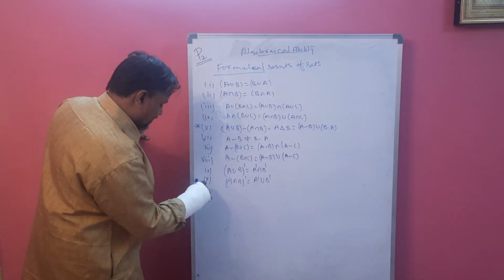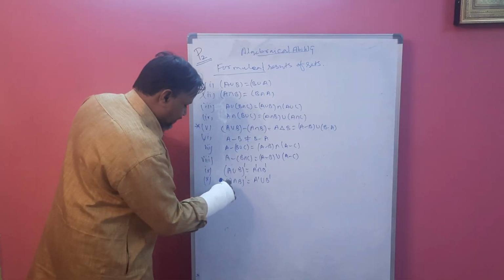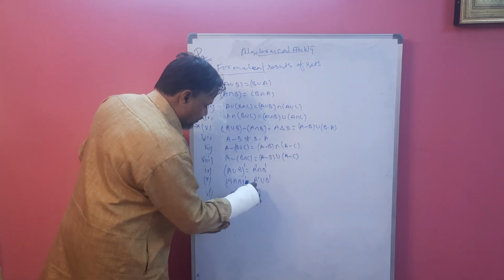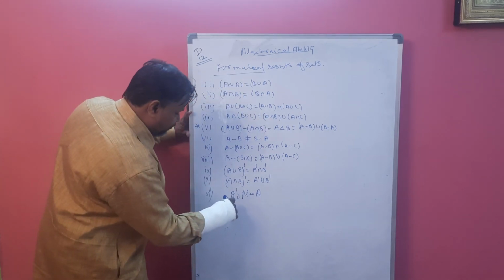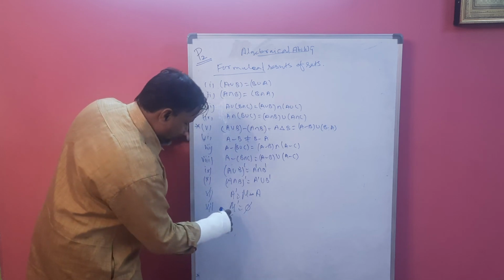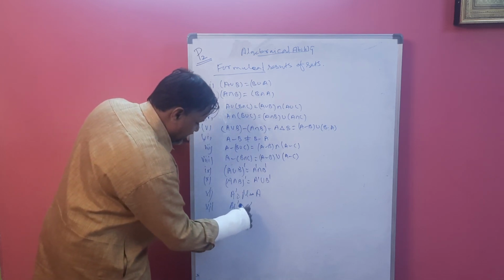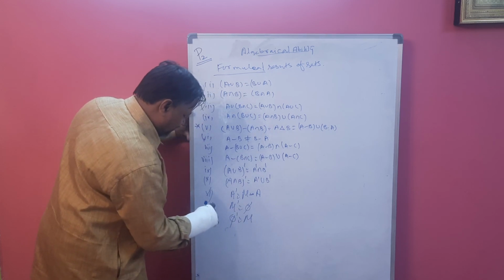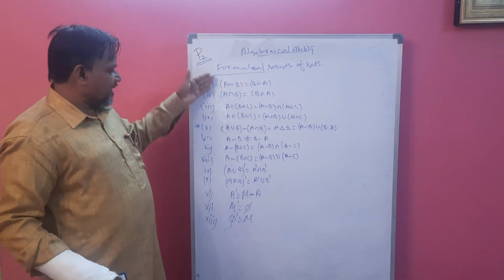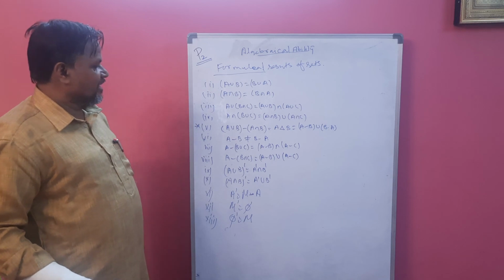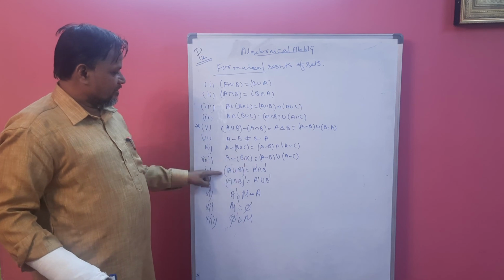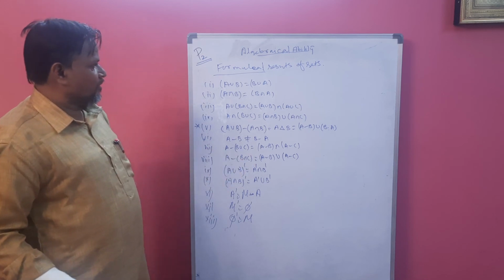And the 11th one: A complement is nothing but mu minus A. Mu is what? The universal set. Complement of mu is null set. This is important property 12: complement of null set is mu. So these are the properties or important results in sets. You have to remember them. Taking any set, you can find all these operations. This fifth one is very important, and the complements are also very important for your examinations.